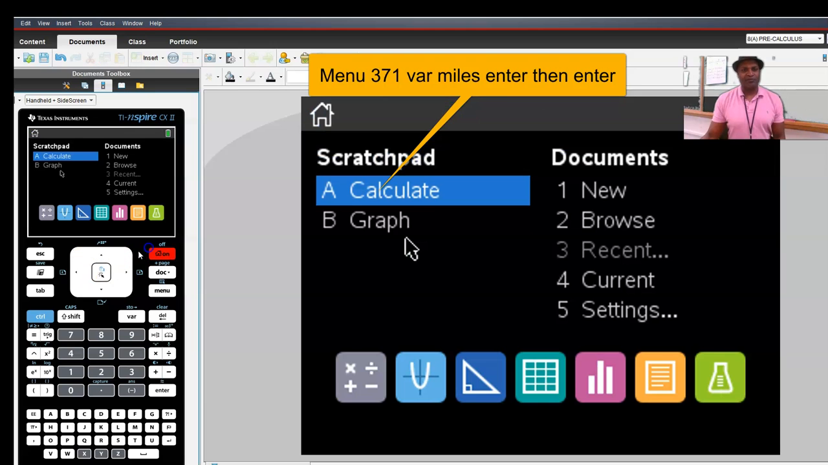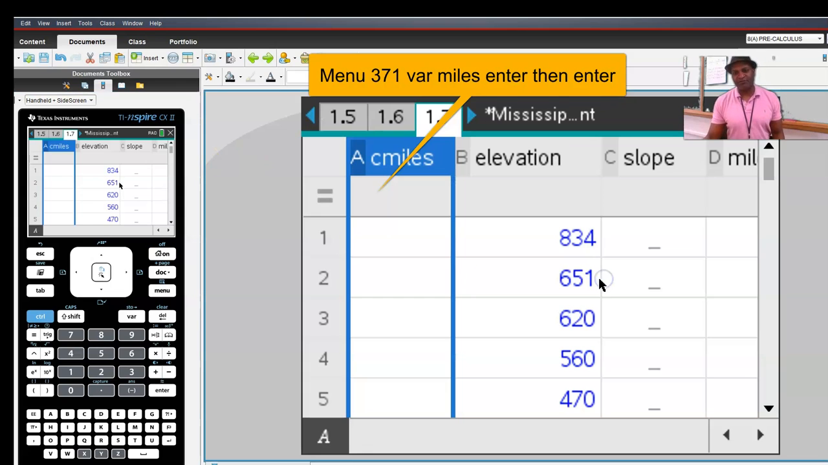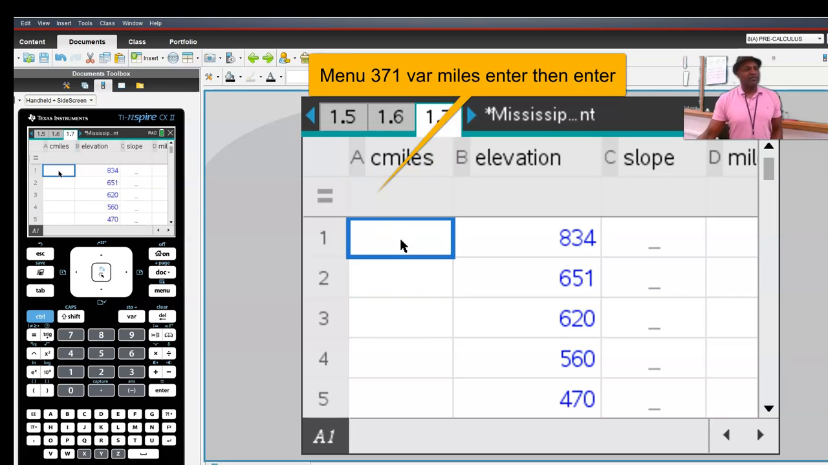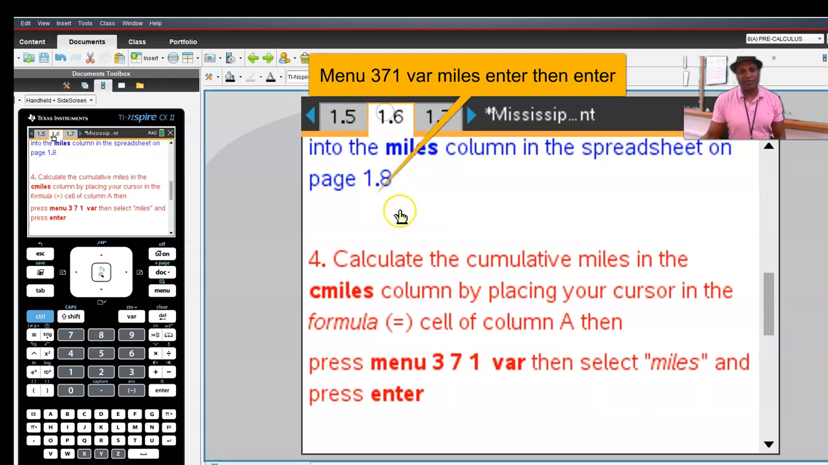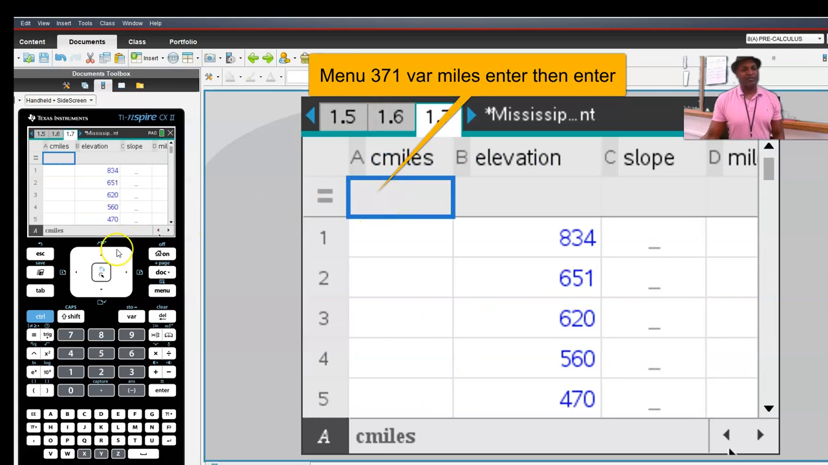Okay, right here. Oops. All right, that's okay. To get back into the document, I'm just going to press 4 for current. Okay, so let's go ahead and put in the formula cell. Remember, we're supposed to be in the formula cell of column A, and then we're going to press